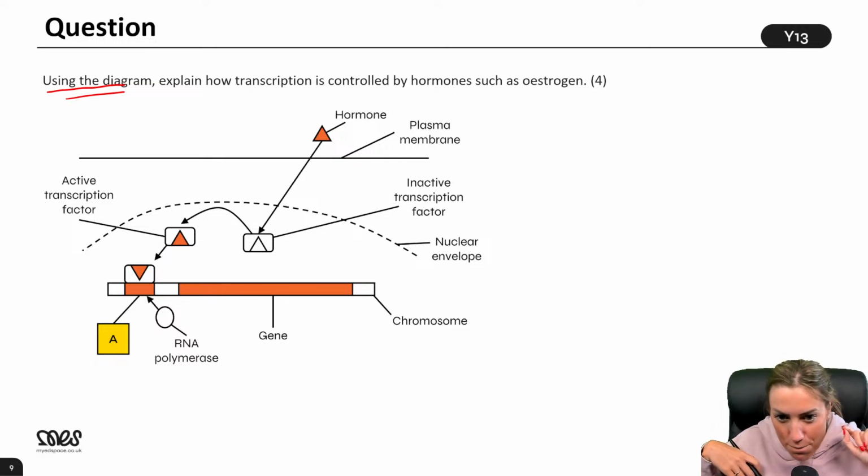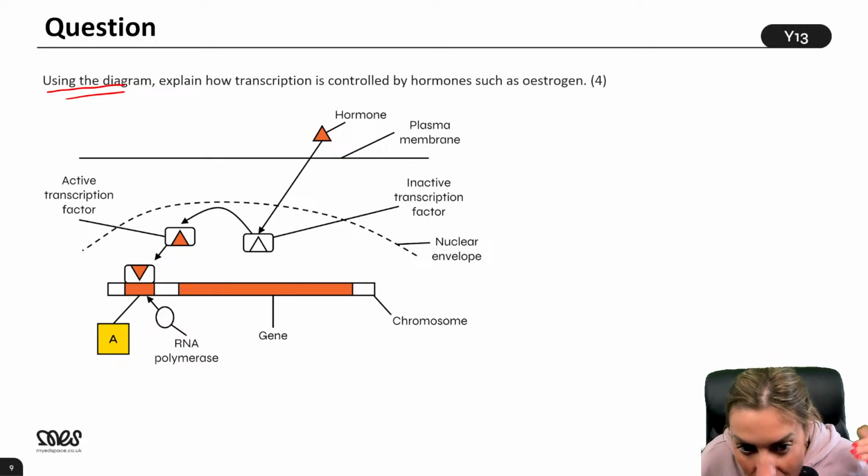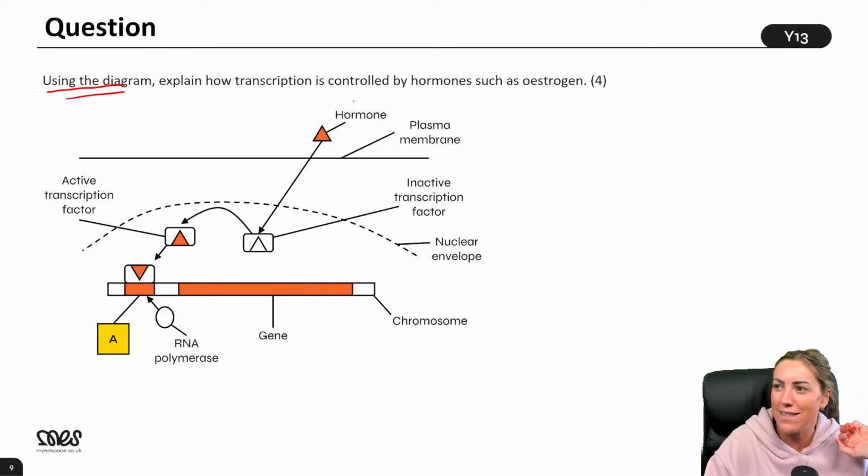Would we ever go over the stuff we missed? I wasn't going to go over this next lesson. I mean, if you look at this one, if you want to stick with me, this was about estrogen. You can go if you want to, guys. I don't mind. I won't be offended. But if you want to stick with me, this question was about a hormone like estrogen.